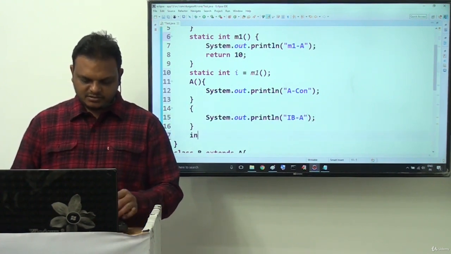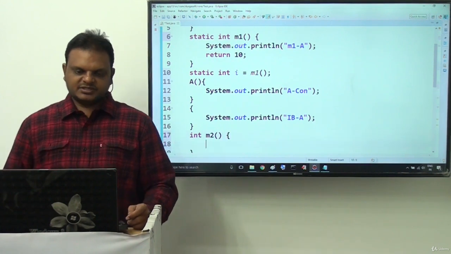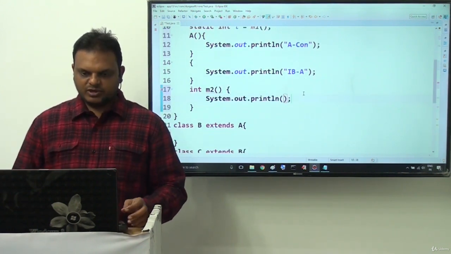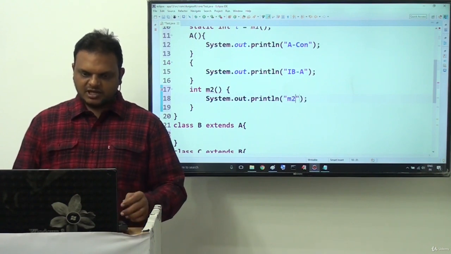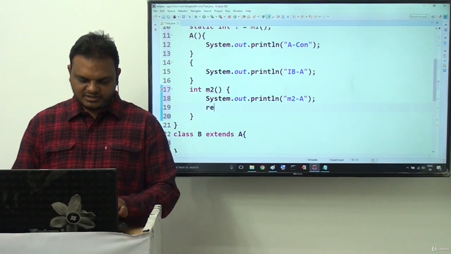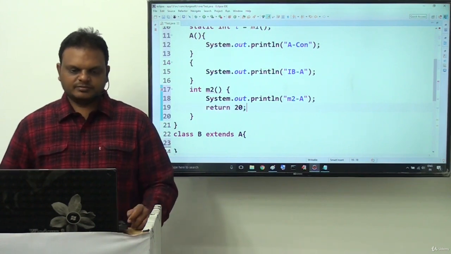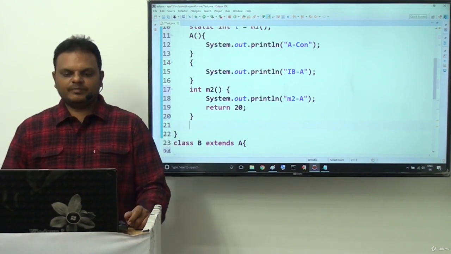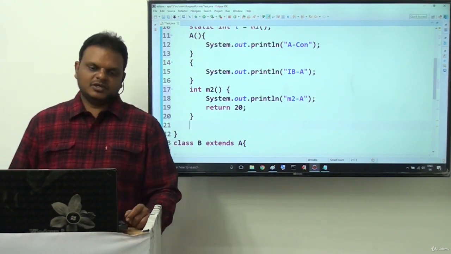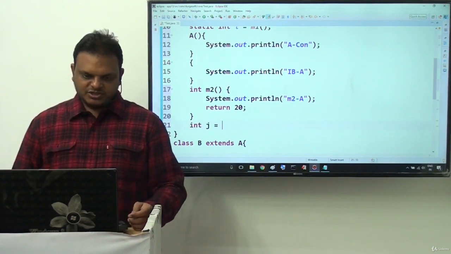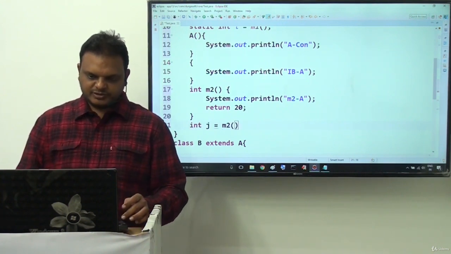Next one is int M2 method, an instance method. Inside this, sys.out.println of M2 A and return 20. After completion of this, another thing is int J is equal to M2 method.